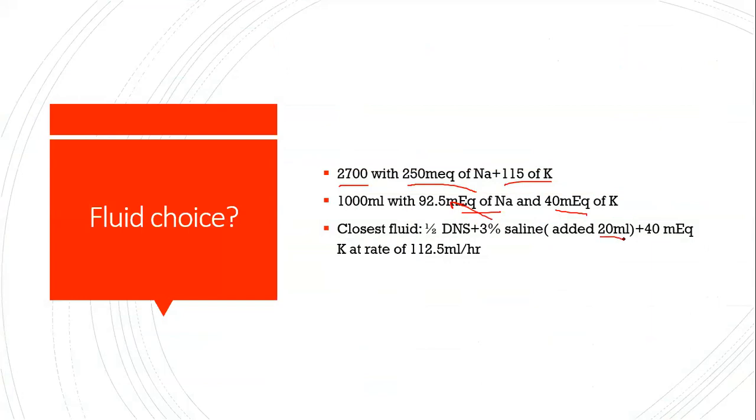Okay. Am I doing this correctly? Let me think. I think the ml is wrong here, isn't it so? Because half normal saline has 77, approximately 80, I just need to add 10 milliequivalents. No, the calculation is correct. Sorry, as I told you guys, I'm not very strong in maths. Okay, fine. So we just needed to raise the concentration by 10 milliequivalents in half normal saline. So you will give this at a rate of 112.5 ml per hour, which is again over 24 hours, because for sodium nothing has changed except that this child has presented symptomatically.